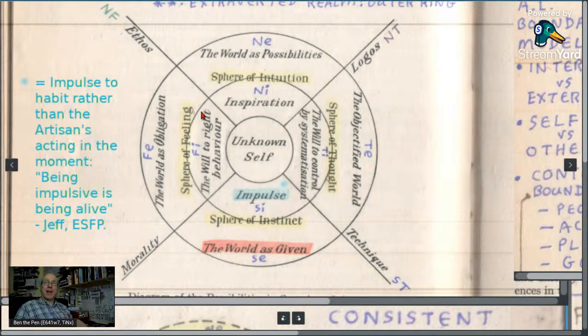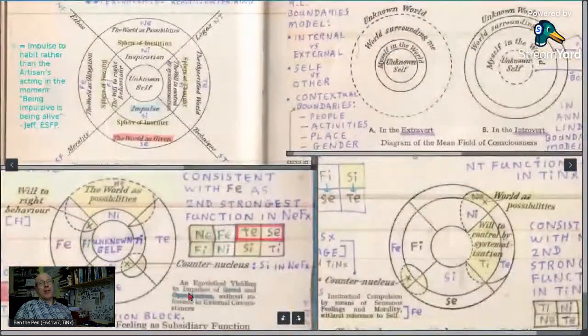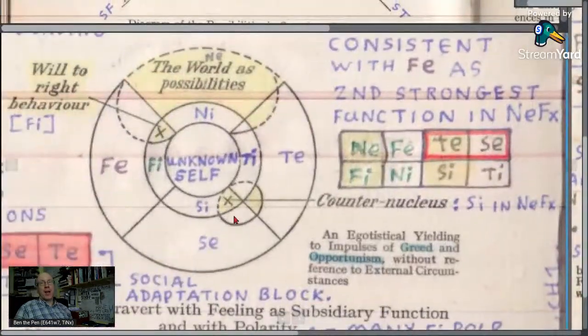So it has to be N and F is ethos, because if you were to go the other way, say feeling with sensing, and then you would say morality was sensing with thinking. So it doesn't work. So it has to go in the middle. And so logos for NT, and so technique with ST, morality. So he's sort of named it. So you can't say he's not come up with the clubs there. And the clubs are very important here.